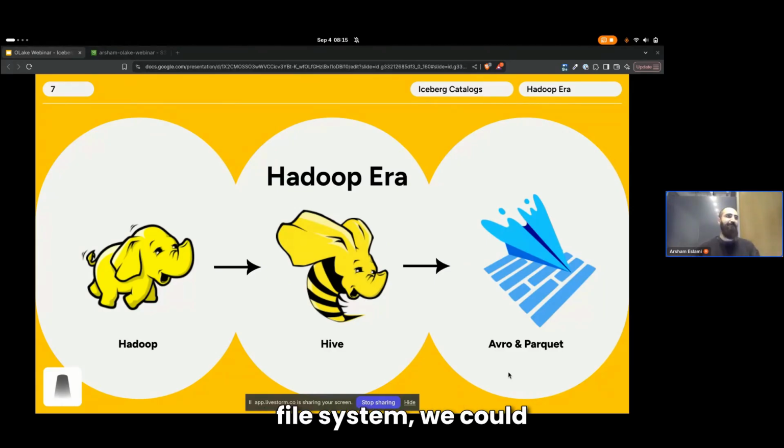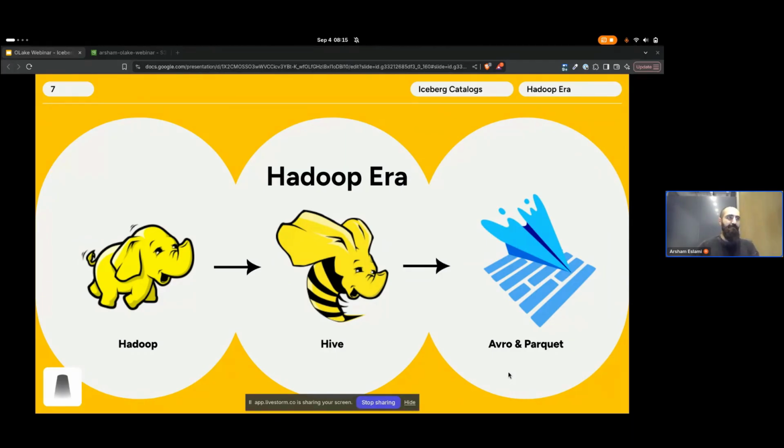So Hadoop was great. We got this distributed file system. We could do this big data processing, which is awesome. But we didn't really have SQL. We didn't have ways for analysts to write SQL, which was their favorite flavor, until we got Hive. Hive was two years after Hadoop, I think 2008 or so.